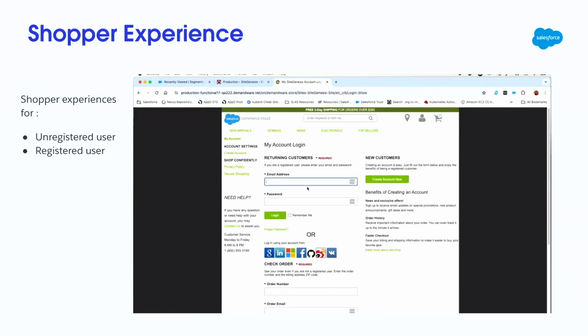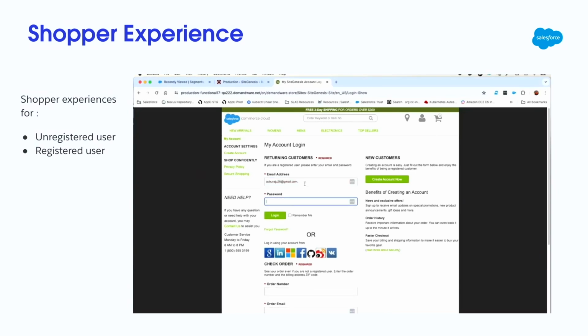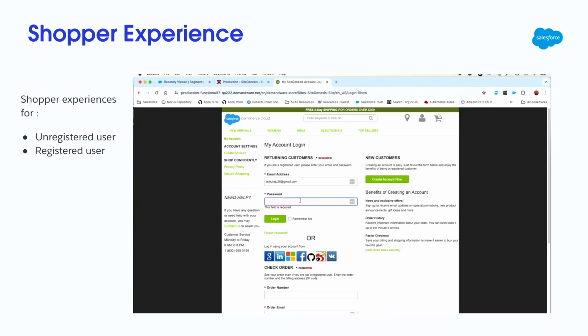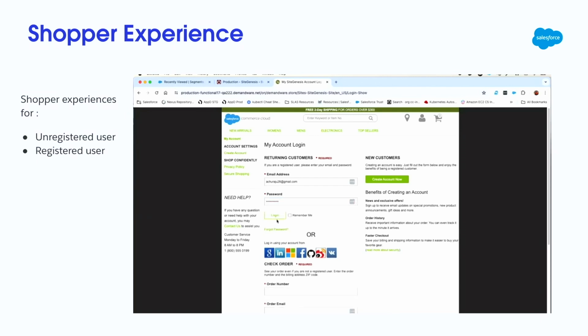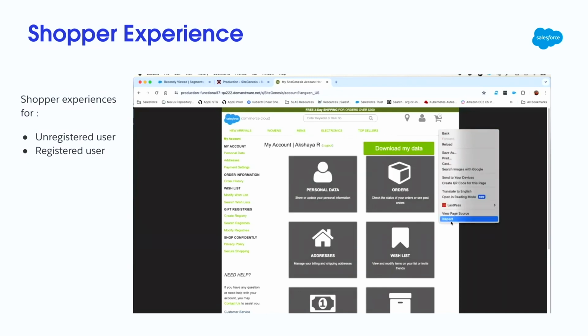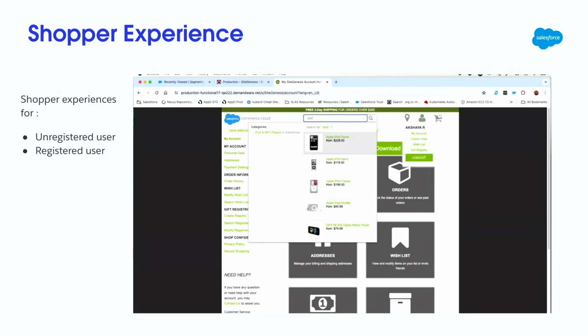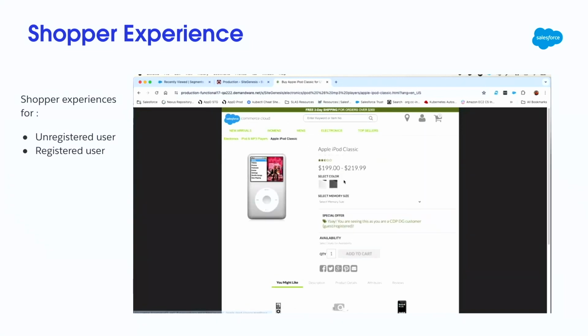Now, let's have a look at it once Akshaya, who's our end user, logs into her account. She has been a loyal user for my storefront who has been purchasing from my storefront a lot. What does she get in advance to what everyone else is getting? I could see that Akshaya has now logged in. I could see access to the data, the orders, and everything else around it. Now, the offer that was tailored for Akshaya was for iPod and for PlayStation.